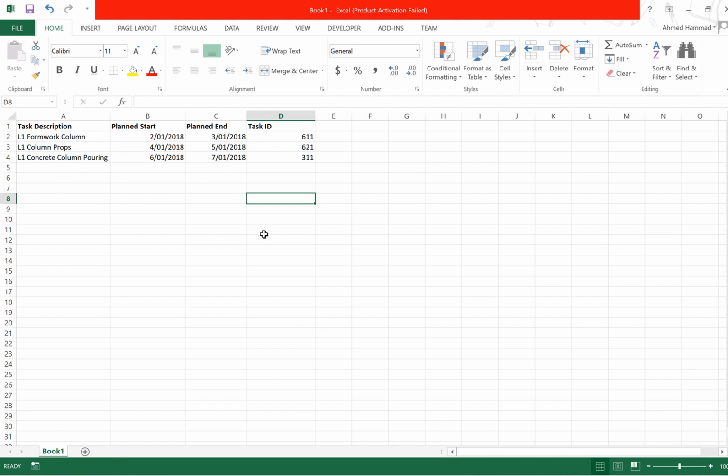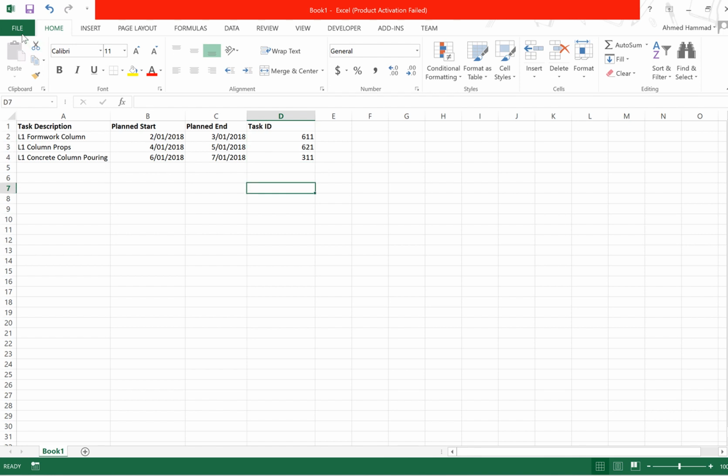What you can do is you can convert that into a CSV file, but before you convert that into a CSV file, the columns that you should have in that Excel sheet should be your task description. So whatever the task description is for your particular activity, and then your planned start date and a planned end date and a task ID. So these task IDs are similar to the ones that we used within our Revit models to associate a particular reference to each of the objects in our model. You can go and have a look at one of the video tutorials where I already explained